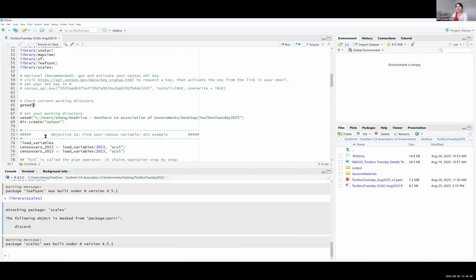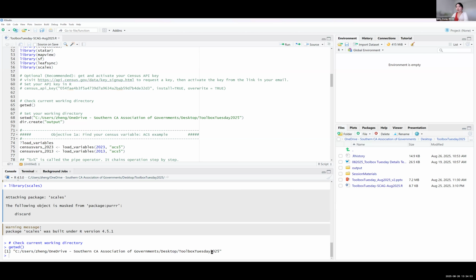In some cases, as you'll see later, you will type your arguments within the parentheses. But in this case, if you just want to get your working directory, you don't have to type any arguments. So put your cursor here and run this line. You should see where you are in terms of your working directory.